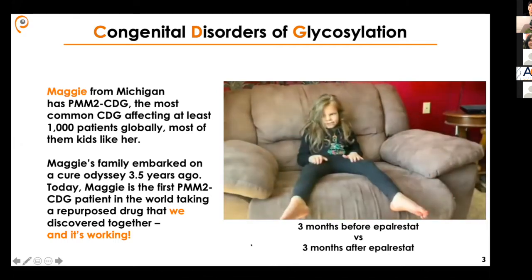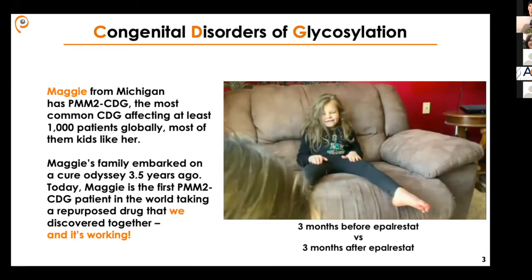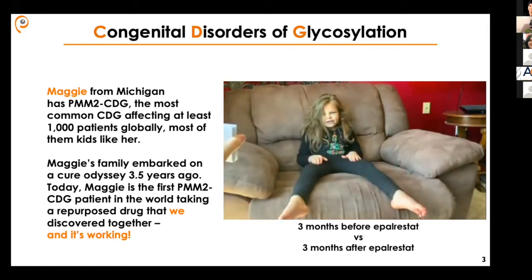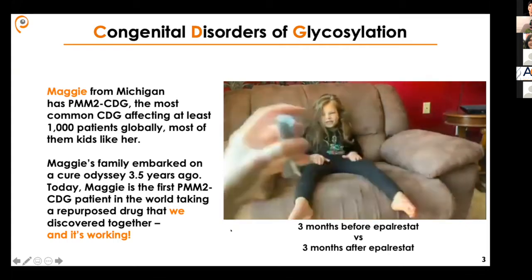Okay, next word. What word is this? Go. Go. Awesome. You are so smart. Okay, what's this word? On. Great job. On. Okay, what's this word? Bye. Oh my gosh, you are so